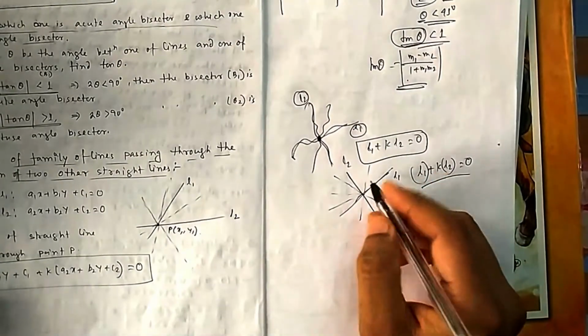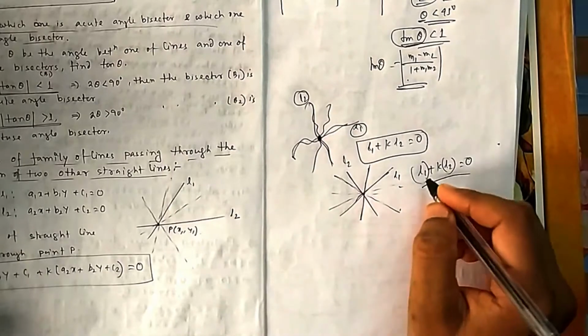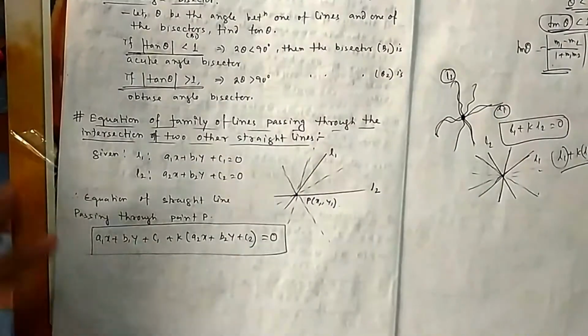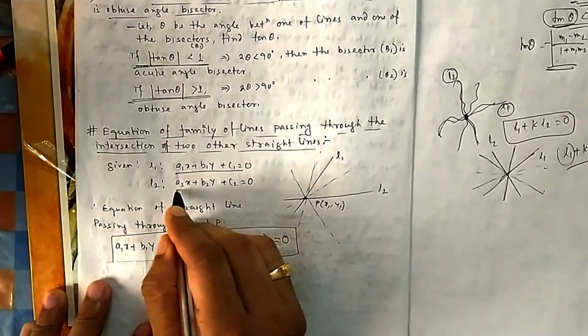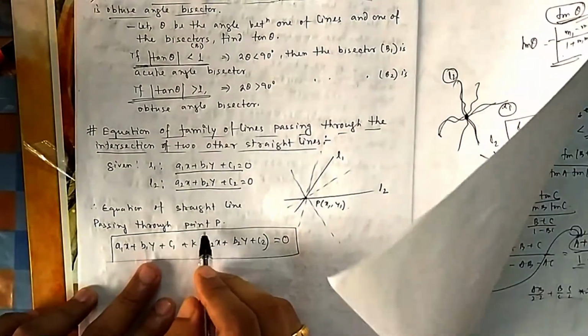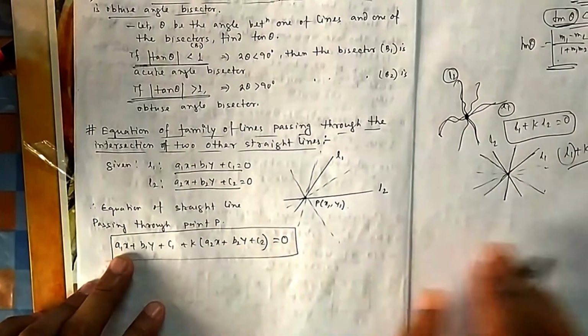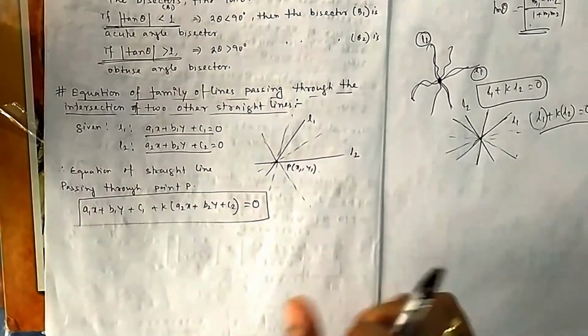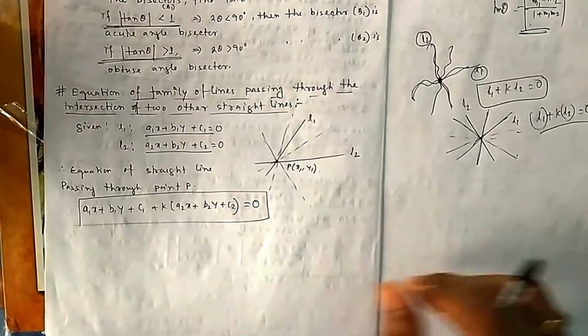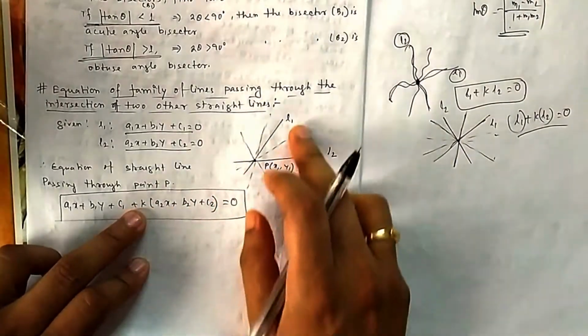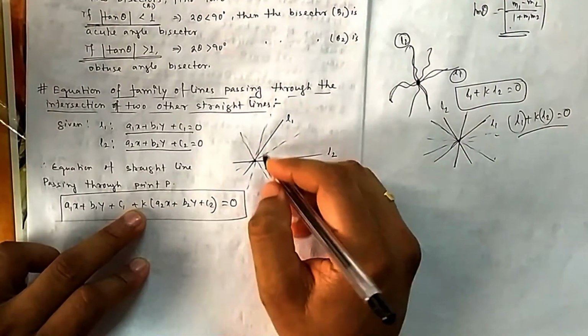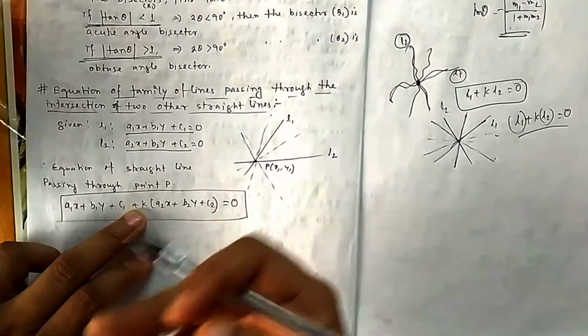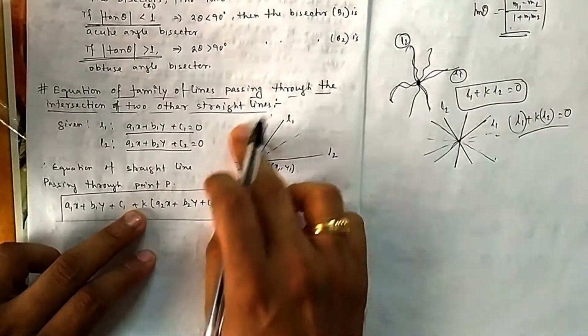And you also have to think that because you are writing the equation of a line, it should be a linear polynomial. So line L1 is given, line L2 is given. So the equation of the straight line passing through the point P will be this plus K into this equal to 0. That's it. This is a general condition you will find in many other topics also in coordinate geometry: first line plus K into second line equal to 0. Now you change this K and you will find different lines. All these dotted lines, there are so many infinite dotted lines. K can take any value you put, and you will get lines passing through this point.